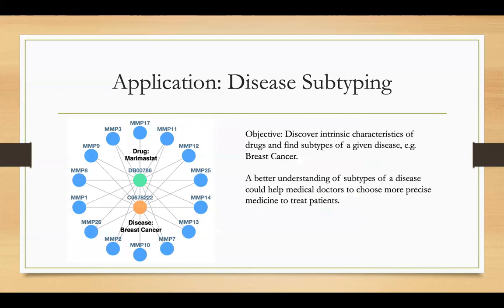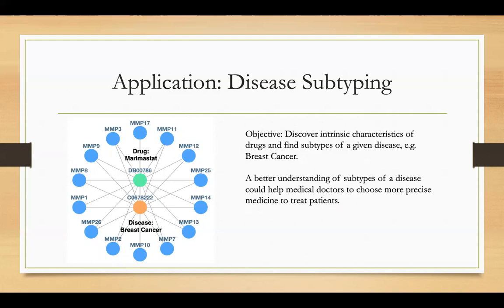Now let's take a quick look at three medical applications of our system. Details can be found in our paper. The first application is disease subtyping. The objective of it is to discover intrinsic characteristics of drugs and find subtypes of a given disease, for example, breast cancer. A better understanding of subtypes of a disease could help medical doctors to choose more precise medicine to